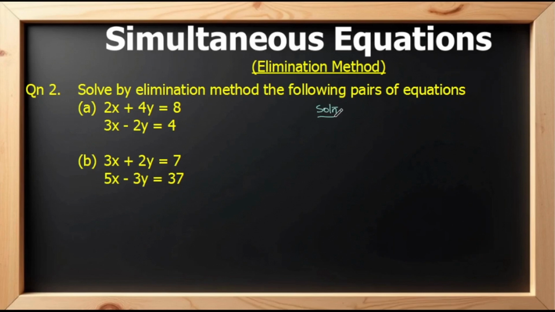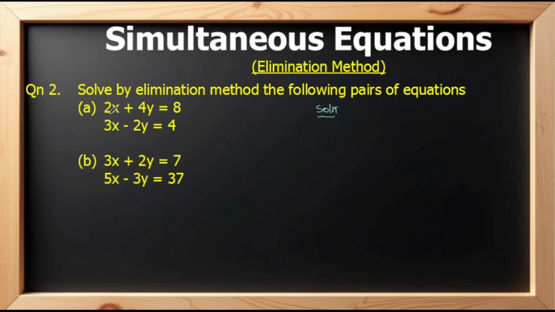Now, how do you solve a simultaneous equation using the elimination method? There are a few steps that we need to follow. The first step is to make sure that the letters are corresponding, like x and y and x and y. Now, if they are corresponding, then you have to make a choice of which letter you want to eliminate, say x or y. Now, if you select x, then you must make sure that the coefficients of x are the